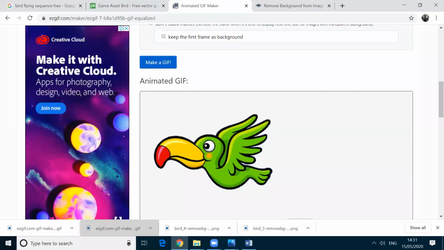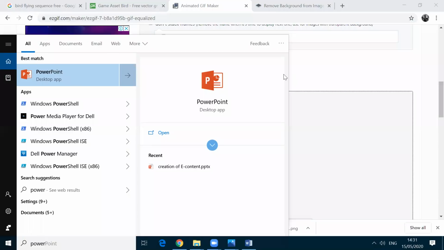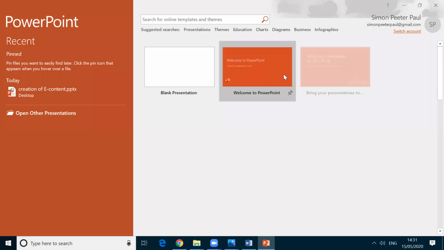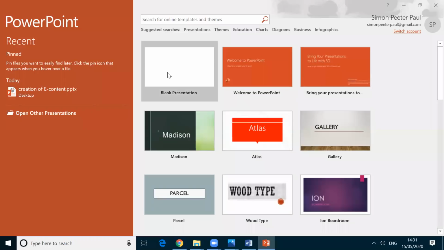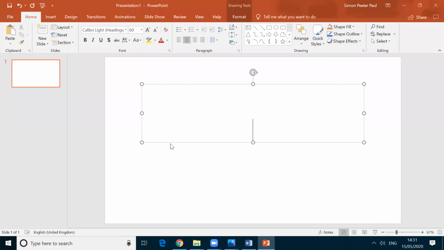To create some animation, what I'm going to do is I'm going to my PowerPoint, and I am opening the PowerPoint now. After opening here, I am going for the blank presentation. I click on the blank presentation. I am getting this page. So this size is 16:9. That means in the HD format, generally now we are following the 16:9 ratio. Earlier it was 4:3. Now I'm removing this one. I don't want this text box.